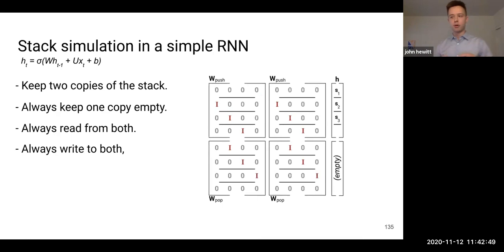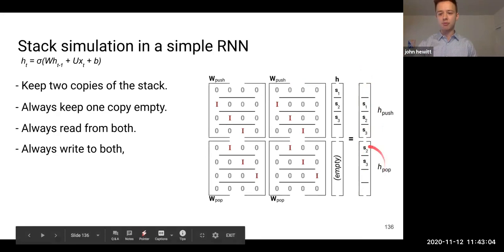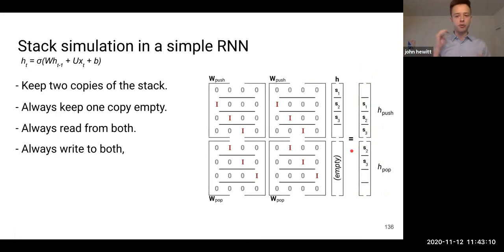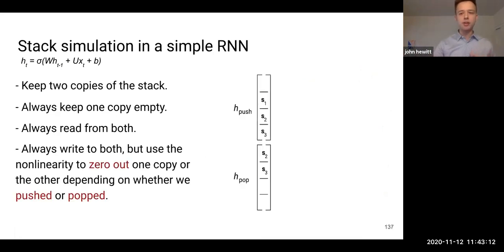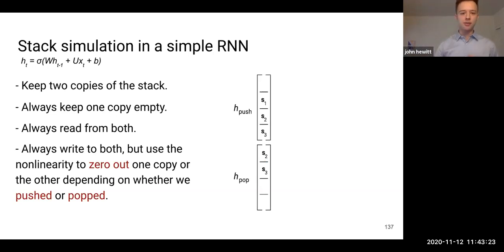And I'm also always going to write to both. So I'm going to do what's needed to be done for a push and what's needed to be done for a pop, both, every time step, right? So now here's what the hidden state would look like if I pushed without writing a new element yet. Here's what it would look like if I popped. Okay, and so now the problem is that we've broken our guarantee that 1 is always kept empty, and this is easy to solve. So now you've got your 2 copies of the stack. You need one of them to be empty. Well, the one that should be empty corresponds to the